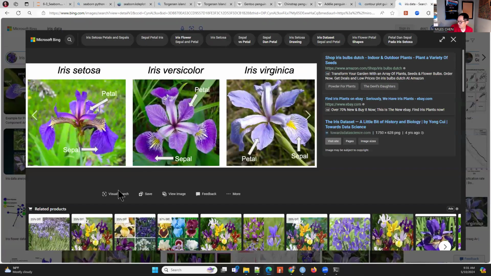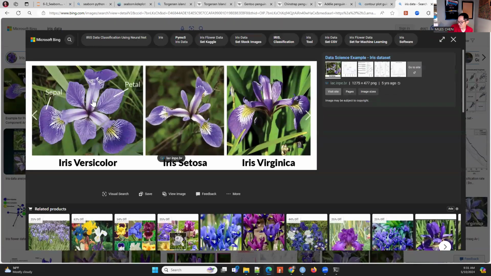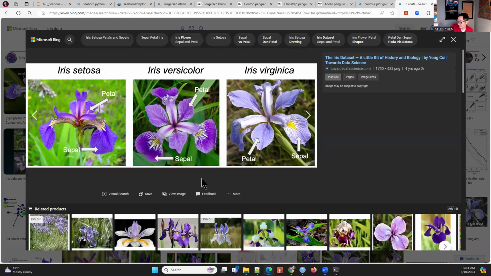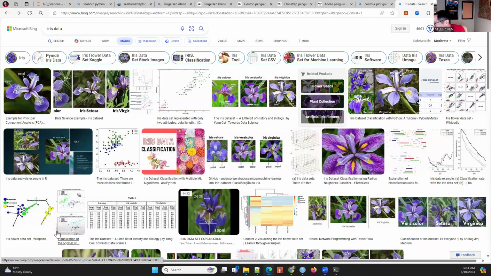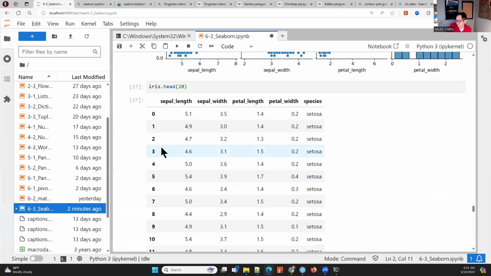Okay, now see, these look different, right? Versicolor, setosa, virginica. I am not a botanist. Versicolor, setosa, virginica. Well, anyway, let's see. Everybody's got these. Oh look, oh, Python. Oh my gosh, I don't want to load that up. Okay. Well, anyway,